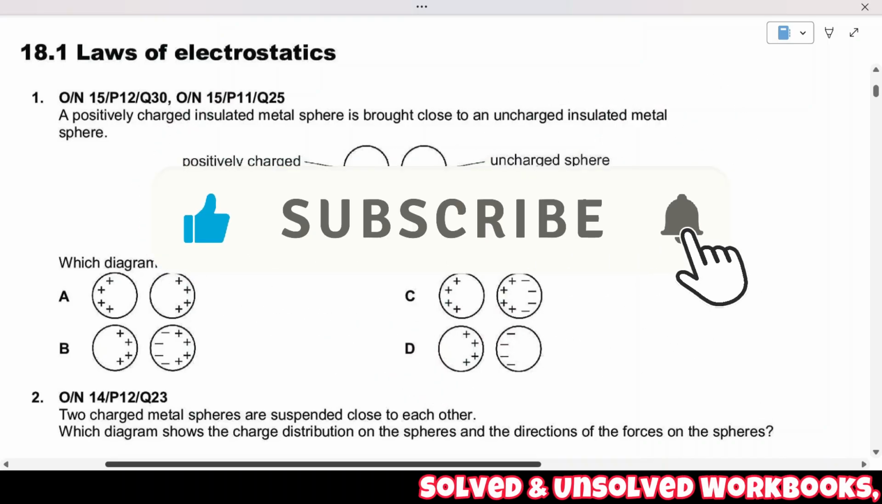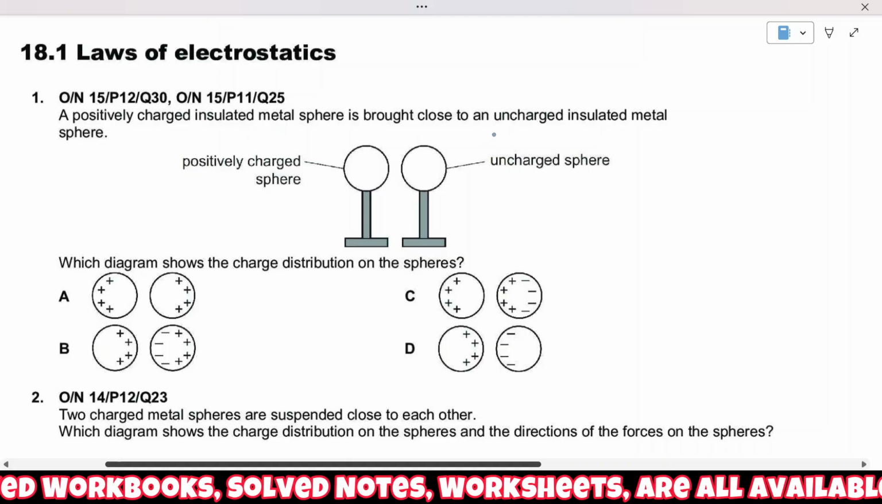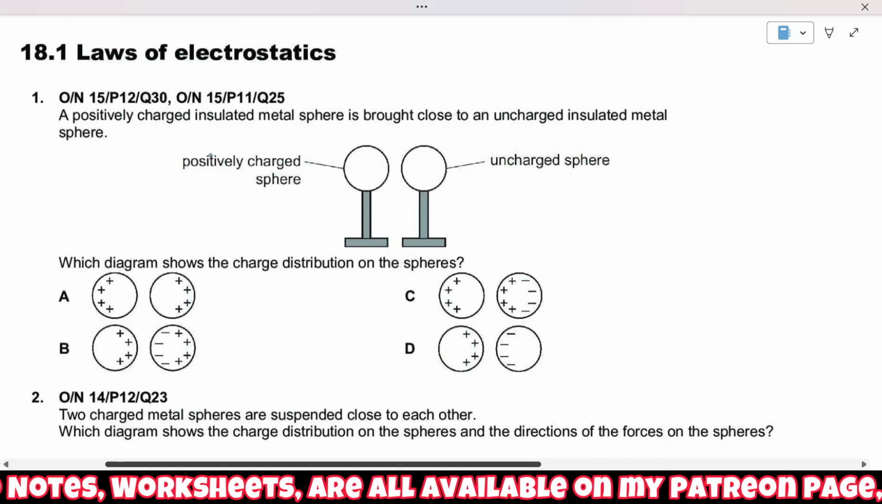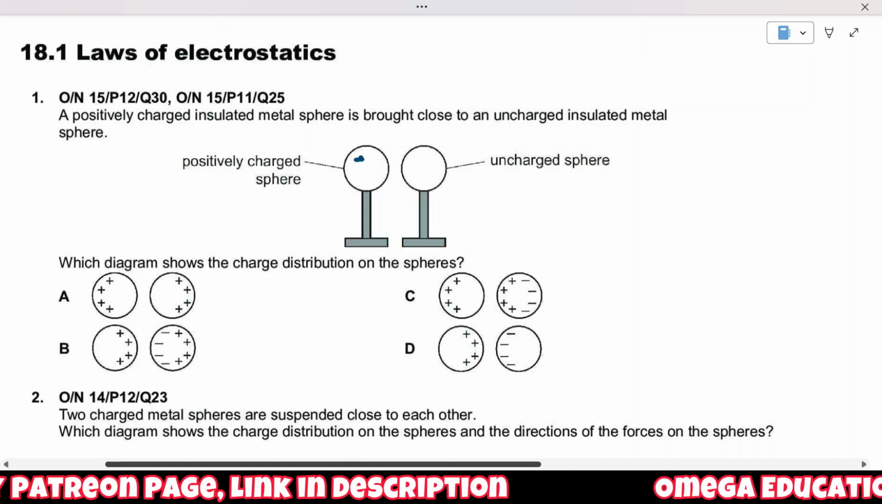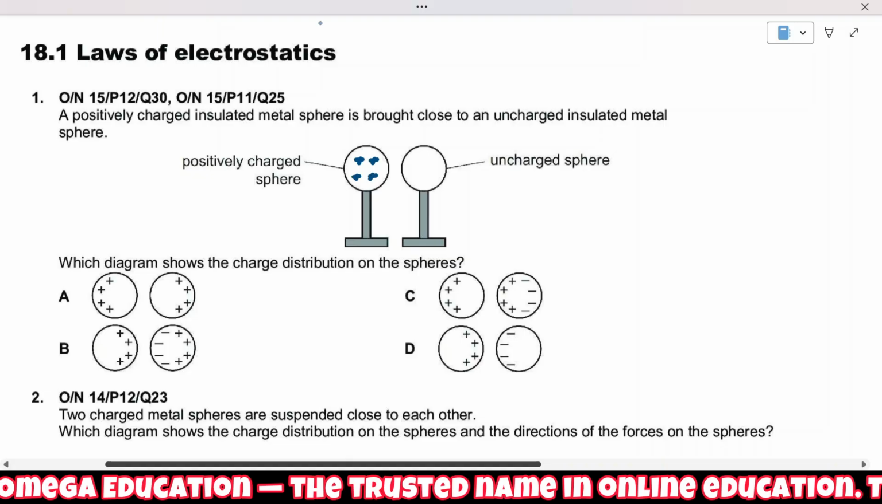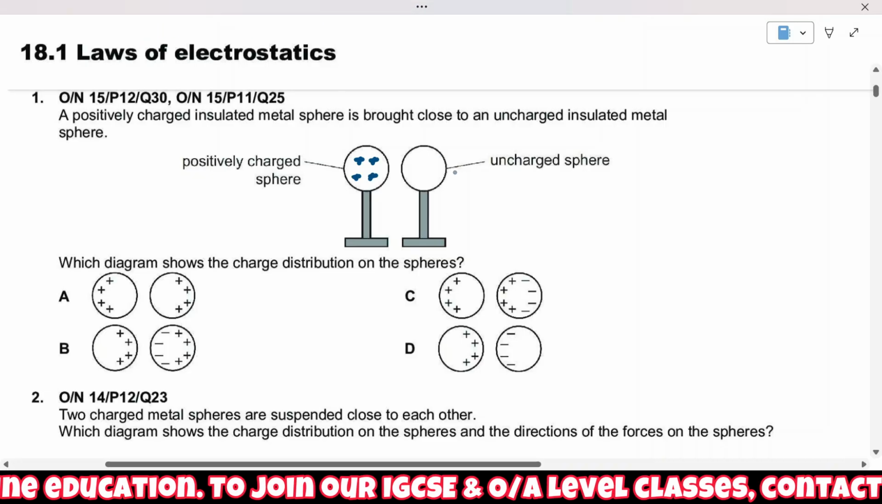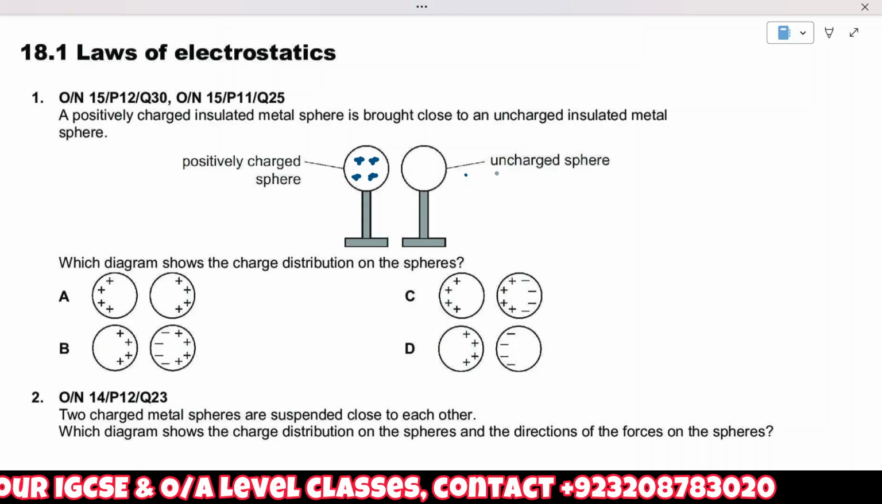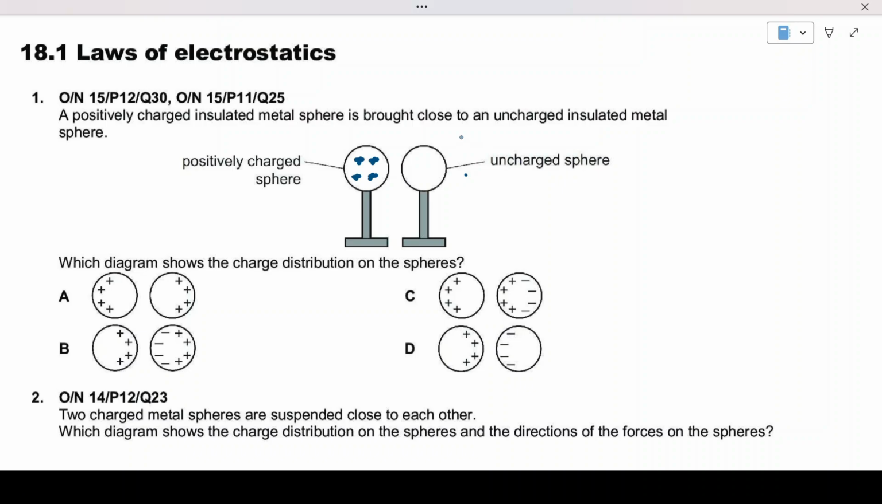Here we have the first one. A positively charged insulated metal sphere is brought close to an uncharged insulated metal sphere. Insulated metal positively charged, so this one contains a positive charge. And the second one is uncharged, means it was initially having equal distribution of positive and negative charges distributed uniformly,